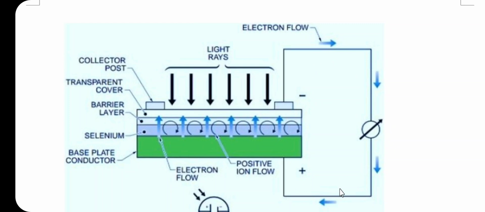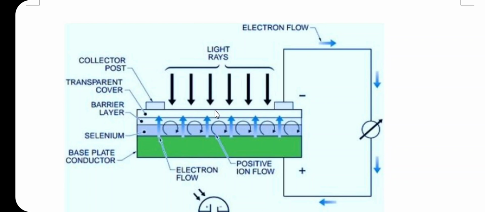So, this is the outer circuit, and here the photocurrent flows through this outer circuit. The photocurrent is recorded by the galvanometer in the circuit. So, this is the galvanometer and it records the photocurrent. The magnitude of the photocurrent is directly proportional to the radiant power of the incident radiation beam. So, here the magnitude of the current depends on the radiant power of this transmitted radiation. So, this is about the working of the photovoltaic cell.